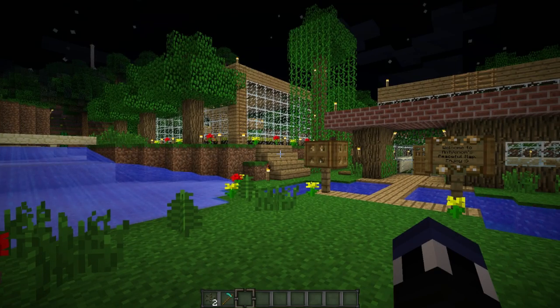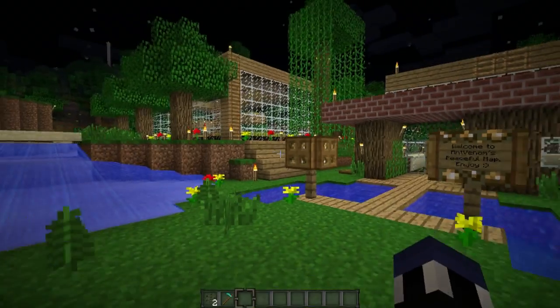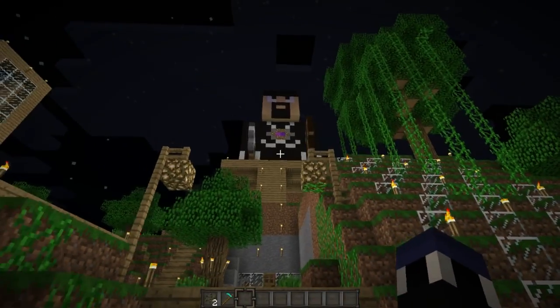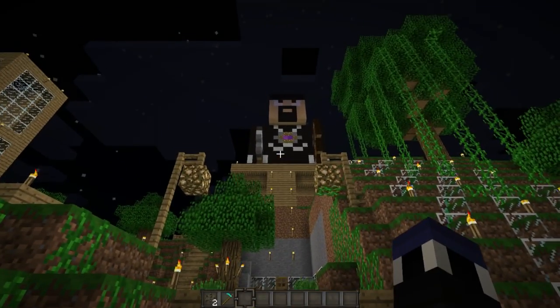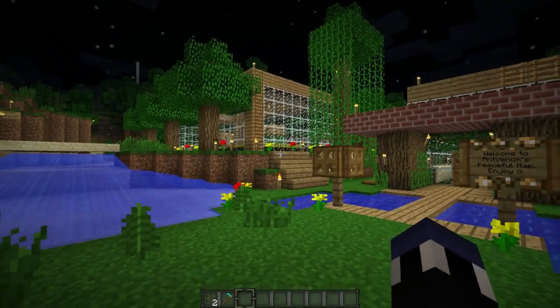And today I want to show you guys a couple of new features that I've added to my peaceful map. One of which was a direct cause of 1.1, and the other one is just my cleaned up XP farm that I have up there, just because it was a little bit dirty in the first video that I made. I just want to give you guys a brief overview of the cleaned up farm as soon as I get to the garden modification